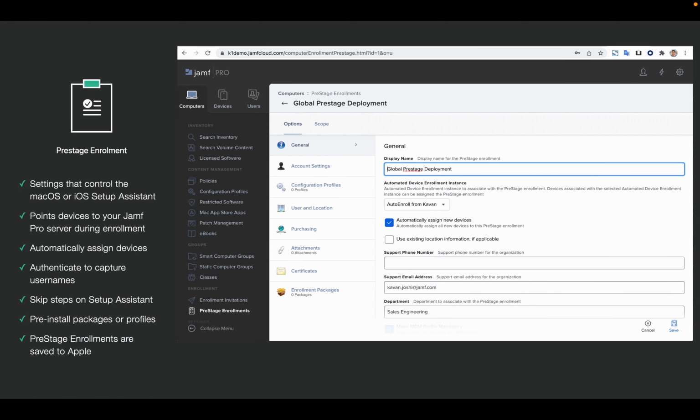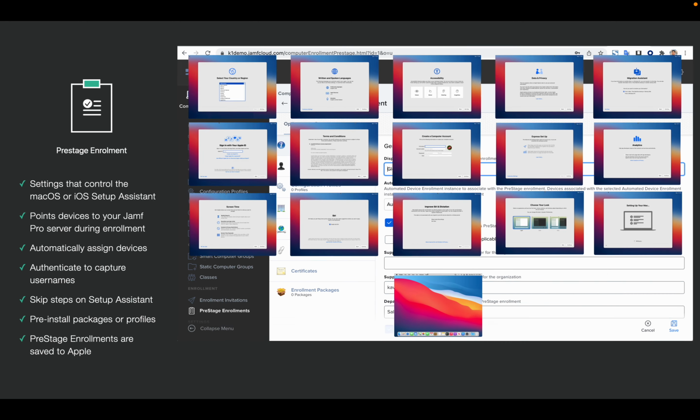So the pre-stage enrollment has two purposes. First, it controls how the setup assistant behaves. The setup assistant is that series of screens that we see when we unwrap a Mac or an iPad for the first time. It generally begins with asking the end user to select a country, language, and connect to a network. The second thing that a pre-stage enrollment does is to point the device at the Jamf management server and